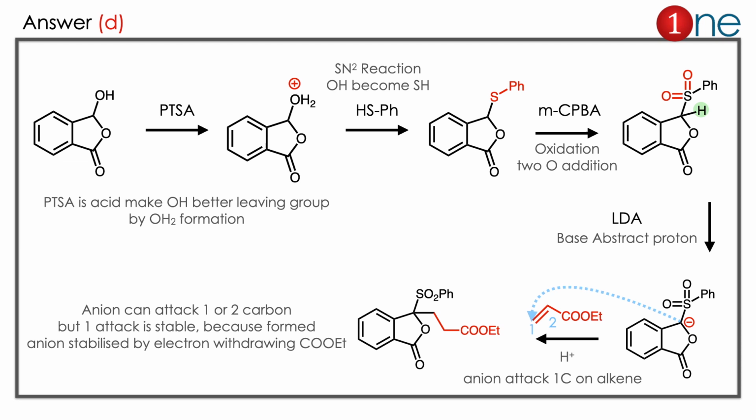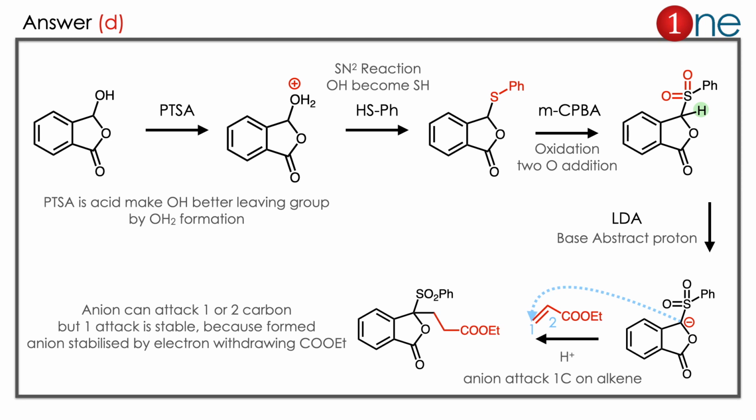Then you are using the chloroperbenzoic acid. Here the oxidation will happen. It's the oxygen supplier. Two oxygen additions will happen. So sulfide becomes sulfone there. Then you are using the base LDA. The base always abstracts the proton. The proton abstracted is the one near the ester group, which I indicated with green. So the proton is removed, the negative charge forms there, so the anion is there.